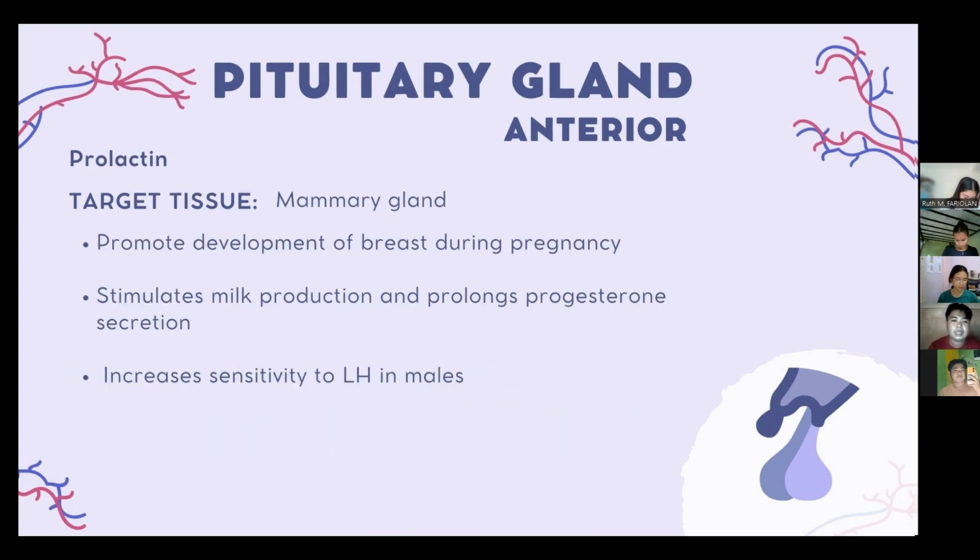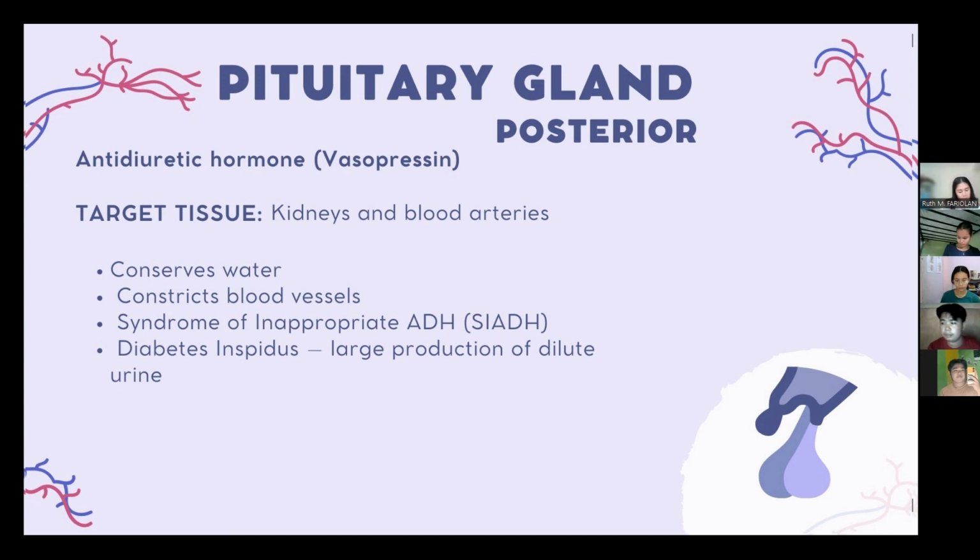Prolactin, target tissue is the mammary gland, stimulates milk production and prolongs progesterone secretion following ovulation and during pregnancy in women. It also increases sensitivity to LH, or the luteinizing hormone, in males. Antidiuretic hormone, or vasopressin, target tissues are kidneys and blood arteries. Conserves water, constricts blood vessels, syndrome of inappropriate PTH, diabetes,